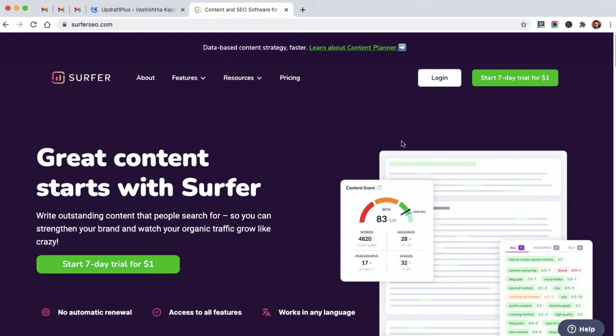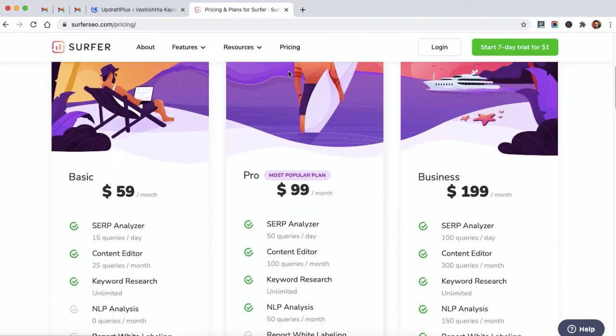Surfer SEO is a Swiss Army knife for your on-page SEO operations, from keyword research to content writing and SEO audit. Everything is there that you need to rank better. The pricing plans start from $59 a month, where you can analyze SERP results of 15 queries, or let's say keywords, in a day. And also, you can make a fully optimized SEO content editor for 25 queries in a month.